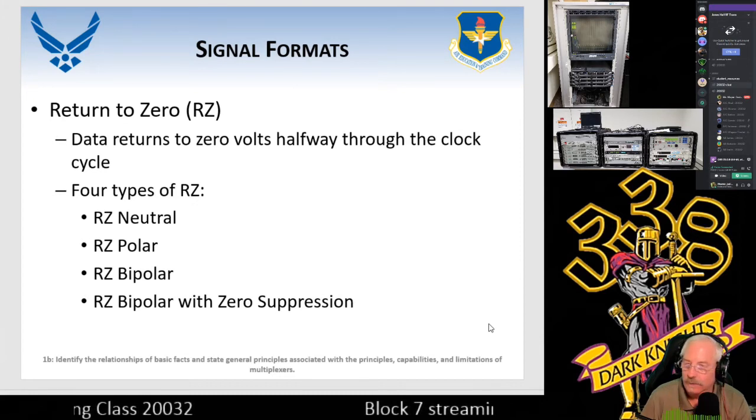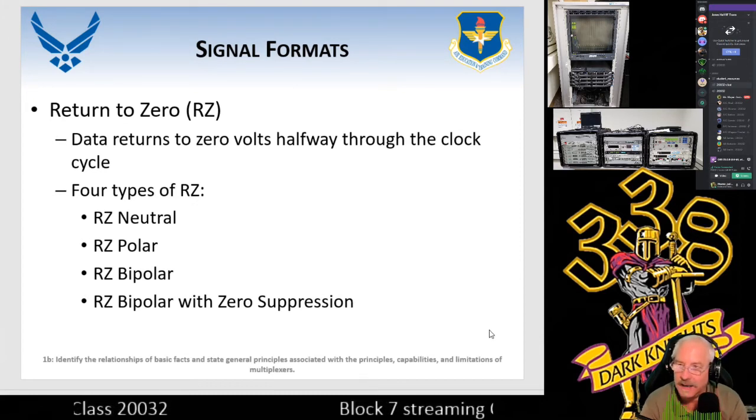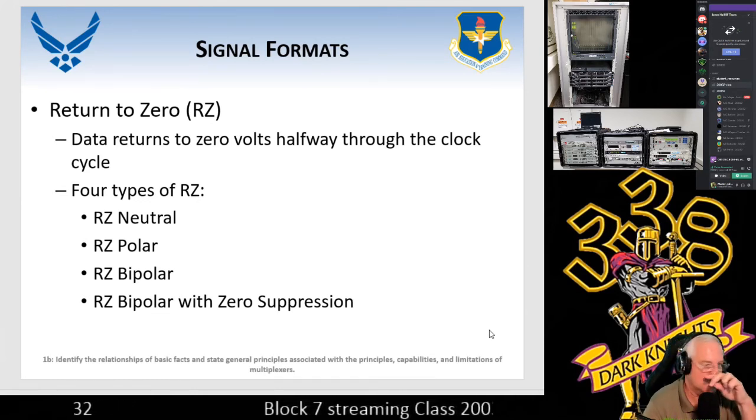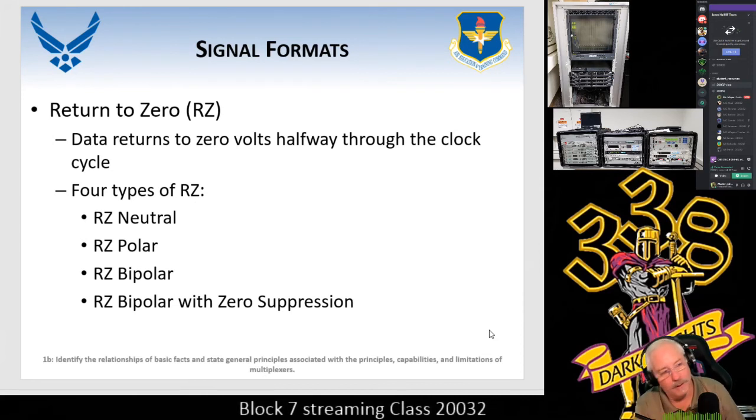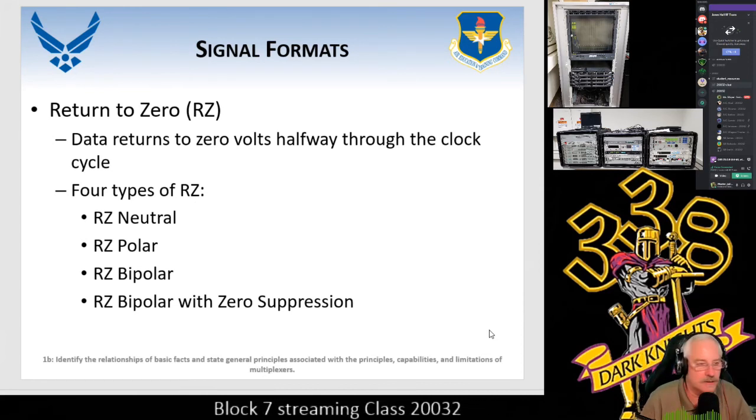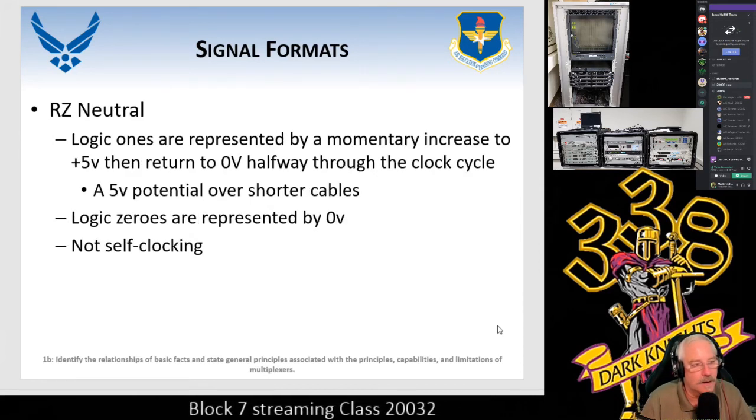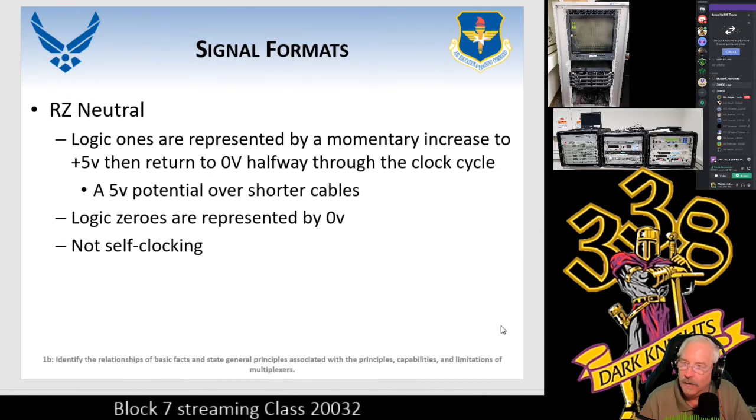Return to 0. There were 4 different types. Notice that name. It doesn't have the non in front of it. It's return to 0. 4 different types: neutral, polar, bipolar, and then bipolar with zero suppression. Take a look at these. Neutral means that halfway through the clock cycle, if I'm at, oh,